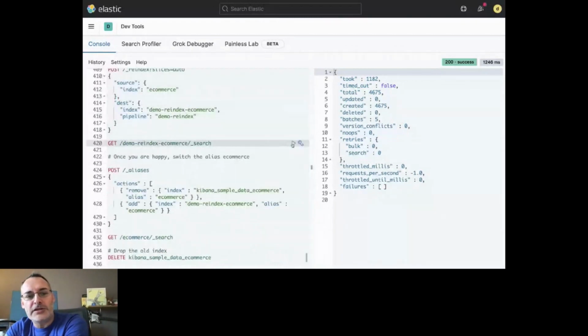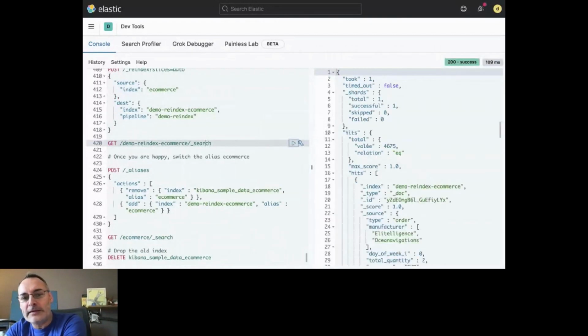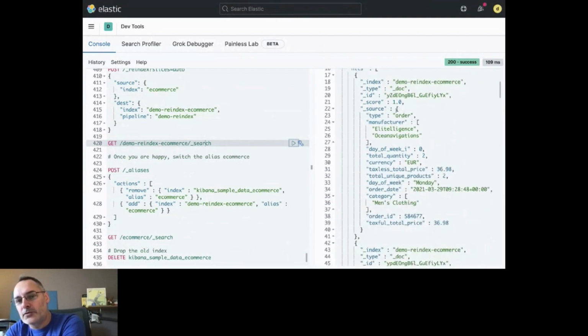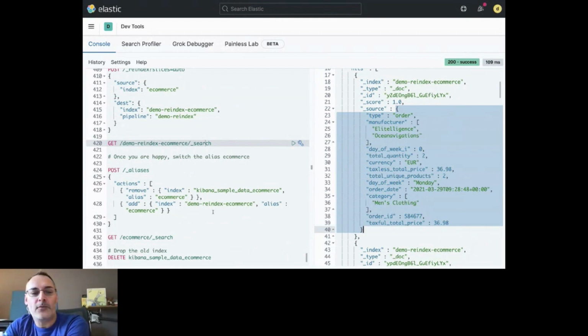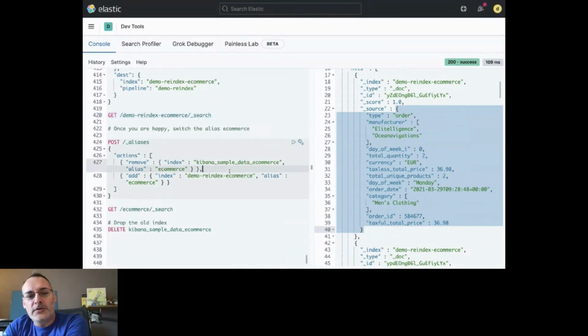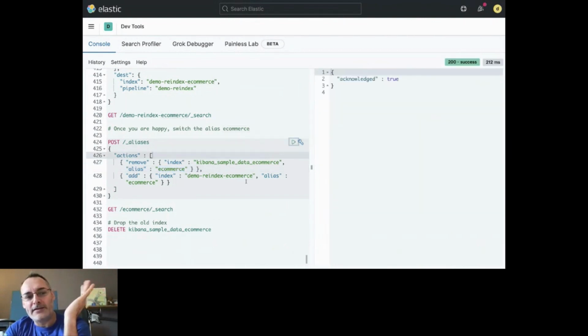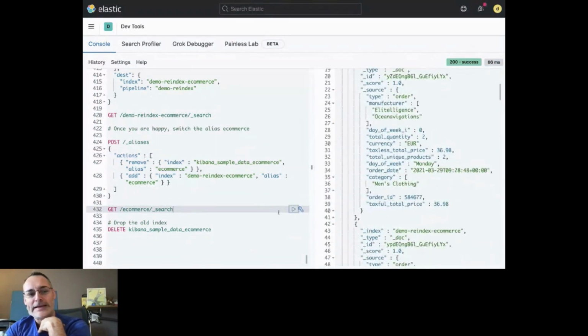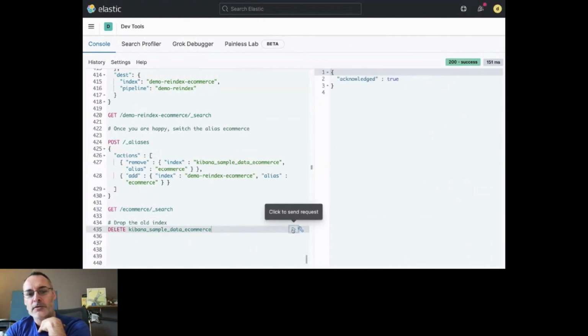And if I'm searching the data set again, I can see that I still have the same number of documents, but now my source document is much lighter than it was because we have removed a lot of stuff that we don't need anymore. Of course, once again, the e-commerce alias is the main alias, I would say, because if I'm happy with this reindexation, I can switch the alias from the old data set to the new one. So I have the new data set here, and then I can remove my old data set.